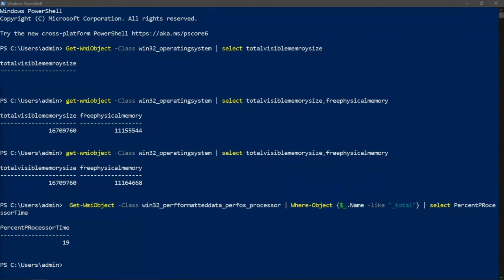What I'll do next is create a variable, save both of these in a variable, and then basically say when the CPU crosses 80%, log it, and when memory crosses 80%, log it. Okay, to do that,